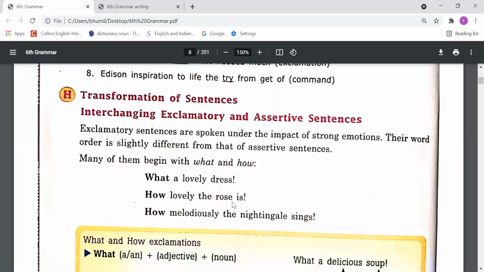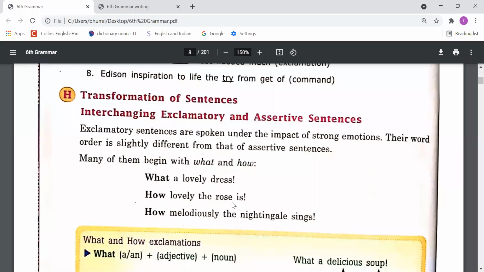So, dear students, first of all, we have to understand what exclamatory sentences are. As we studied in the last class, exclamatory sentences are those sentences in which we express our strong feelings, right? Suppose you see a car and that car is very beautiful. So after seeing the car, with emotion, you say, what a beautiful car. Or you can say, how beautiful the car. So with how and what, you can start your sentence. Remember this, at the end, you need to mention the exclamation mark in written English, not in spoken English, right?